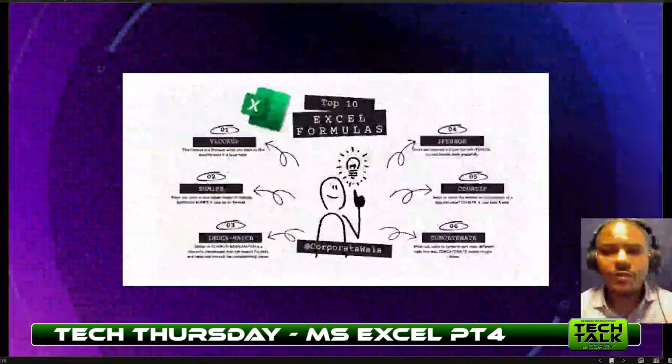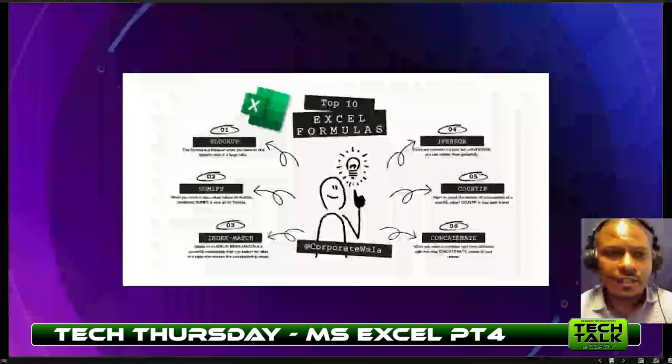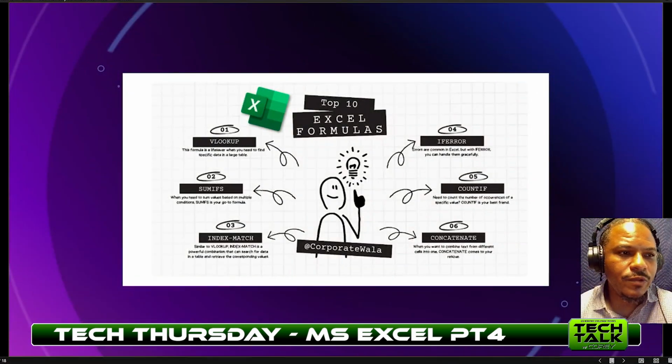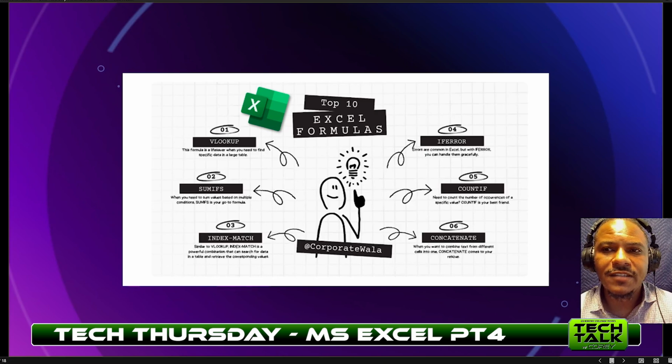All right, so there's a couple of formulas here that are some useful formulas. We won't get into all of them, but some that we will touch on today for sure will be the VLOOKUP, or just the lookup as a whole in itself. So the lookup has several different use cases, and depending on how your data is structured is going to depend on which actual lookup you're going to utilize. And then